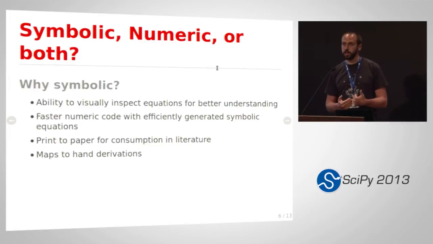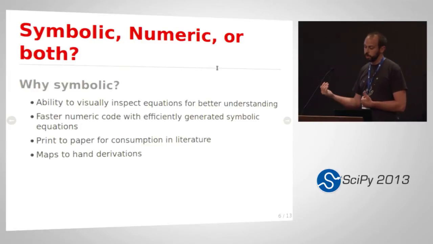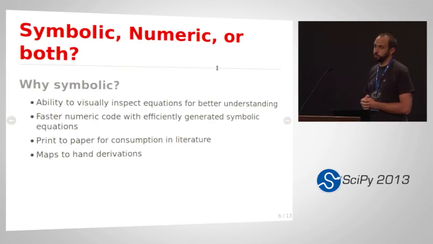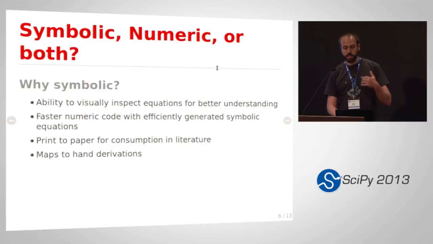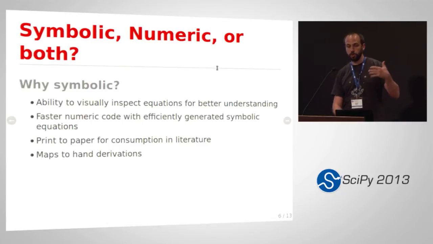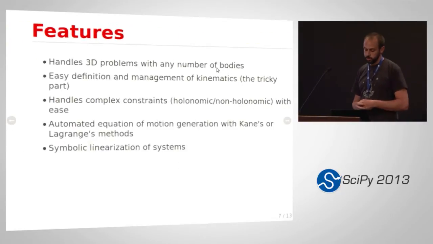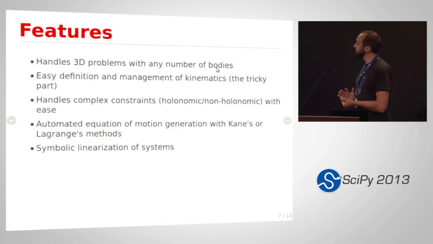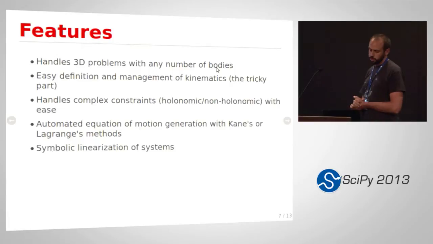It maps well to hand derivations, and for small problems you can visually inspect and compare problems. But you can also generate faster numerical code if you properly build up your symbolics. And it makes it easier to take your code straight to paper when you do want to actually print things out. And the software that we've developed in the mechanics package, the main features are that we can basically